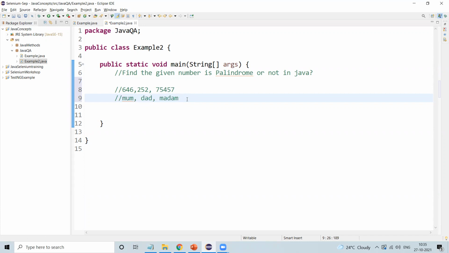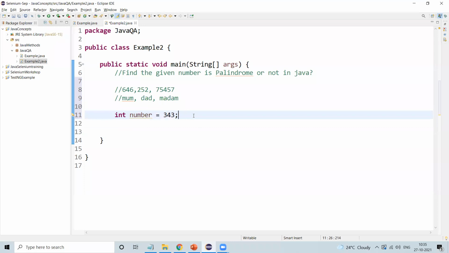First, we have to declare a variable. So I will write int number. Then we need to initialize the value of the number to check the palindrome. So int number equal to 343.